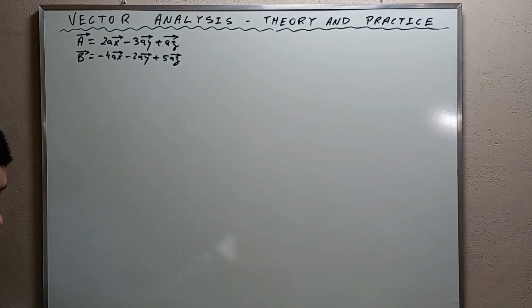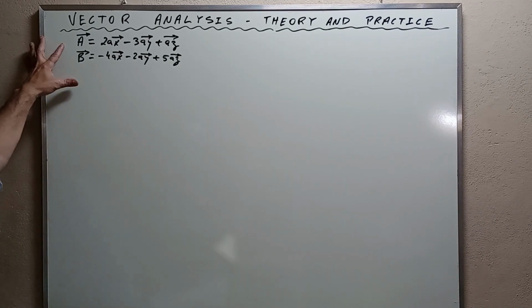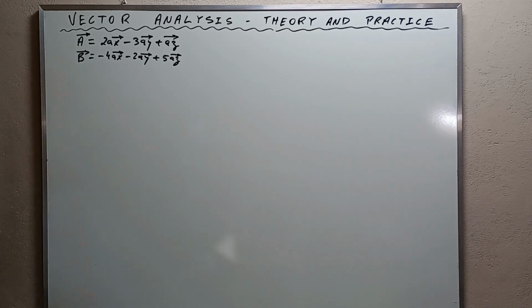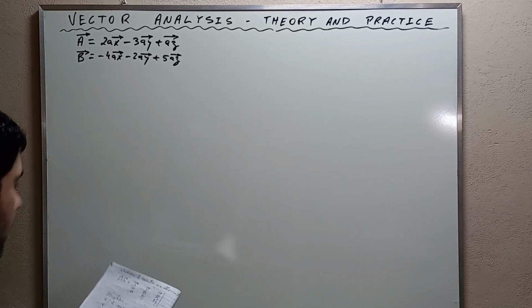Now let's consider an example. Example number 3. Find the cross product between vectors A and B. Vector A is this and vector B is this. And the solution is going to be, to find the cross product, we use the rule of Sarrus. Okay? And what is the rule of Sarrus? The rule of Sarrus is this: